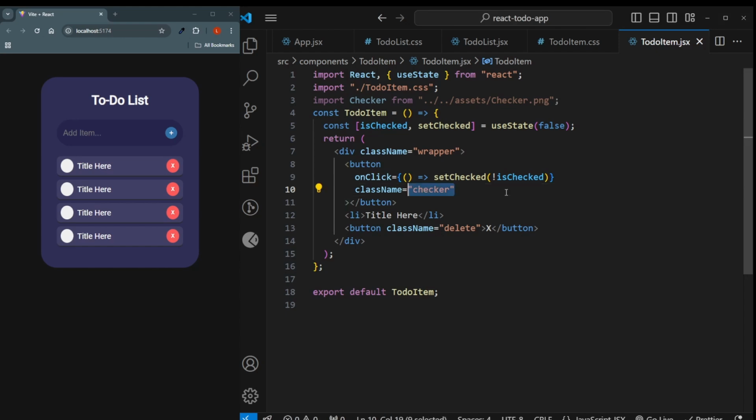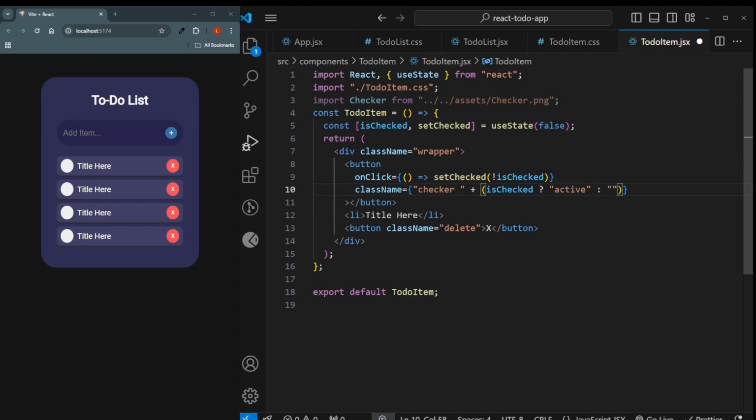If we want to dynamically apply those classes, I have to wrap the class name in curly braces, and then inside that I can start writing custom logic. For example, I put a space in here, and I can say plus, just like we would when we are concatenating some strings, then parentheses, and we are checking with the ternary operator if isChecked. So if the icon should be there, we'll give the active class, and otherwise, if it's not checked, we won't